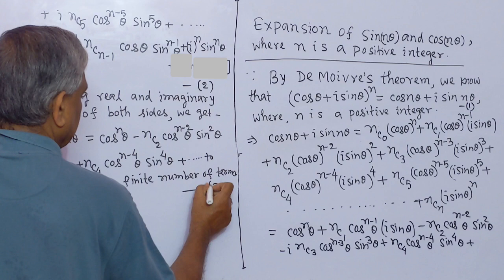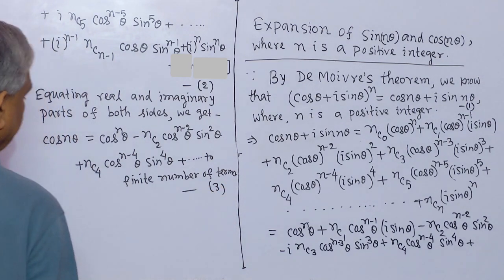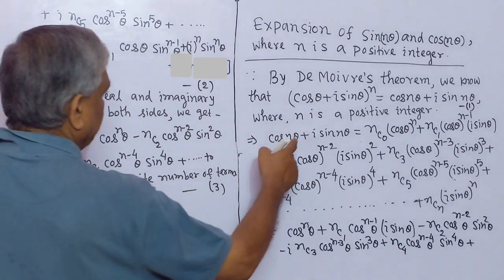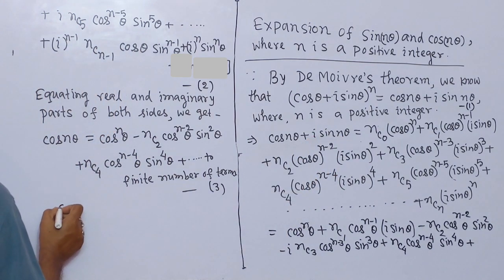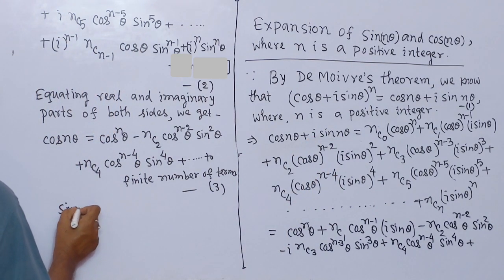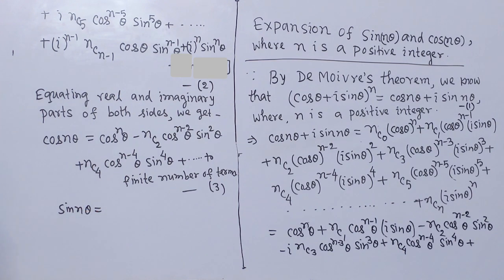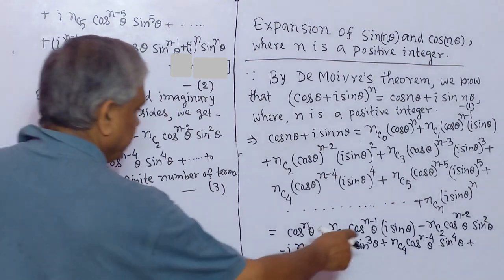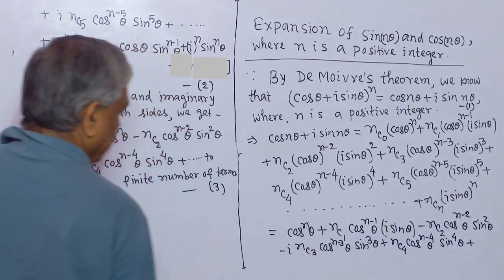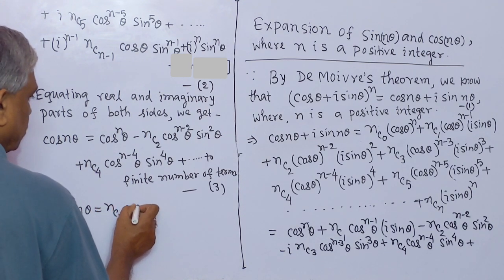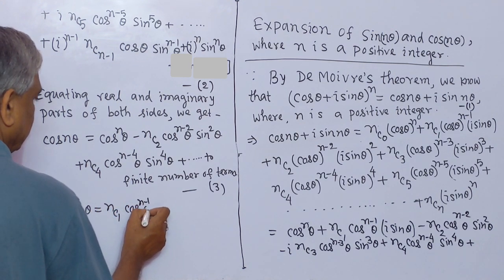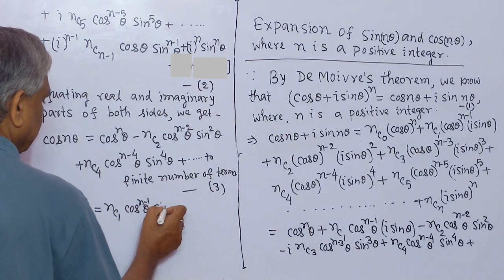This is number 3. And imaginary part. Left side is sin n theta. Sin n theta equal to, in right side imaginary part is this, nC1